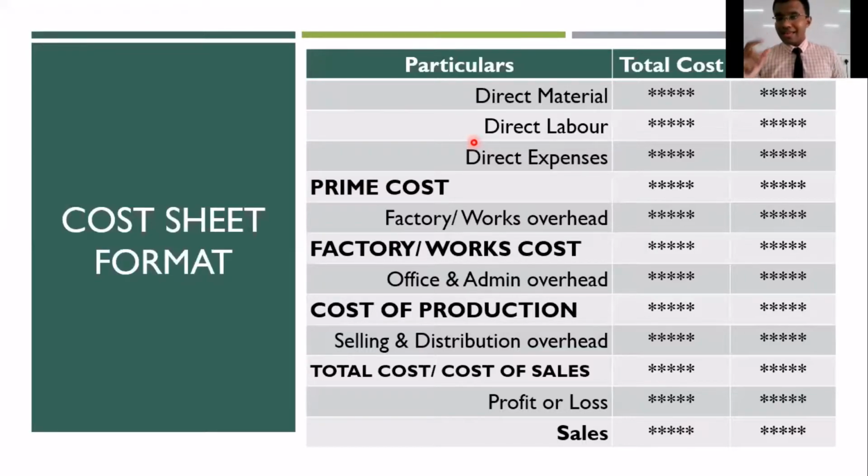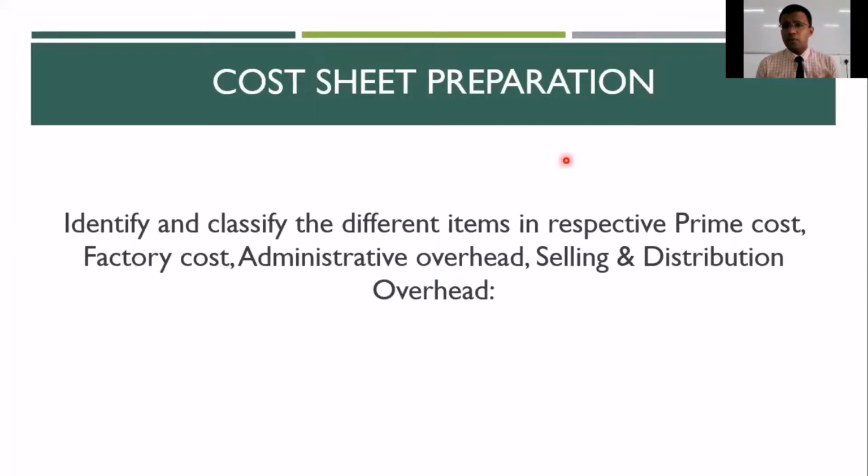But for us to be in a position to prepare cost sheet with ease, it is very important for us to identify the cost. We should be able to understand where exactly the cost will fall. So in that line, let us have some discussions. What I would do now is present some of these costs for you, and you will have to identify whether it belongs to prime cost, factory cost, administration overhead, or selling and distribution overhead. I will show you the expense, and you will have to identify which of these it falls under.